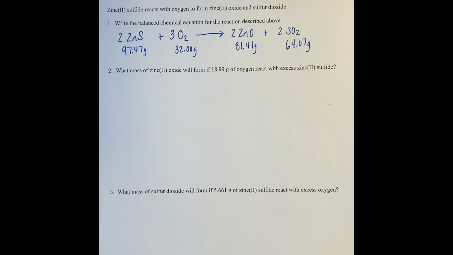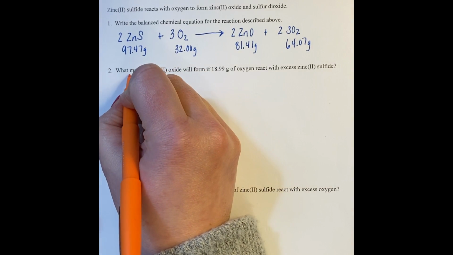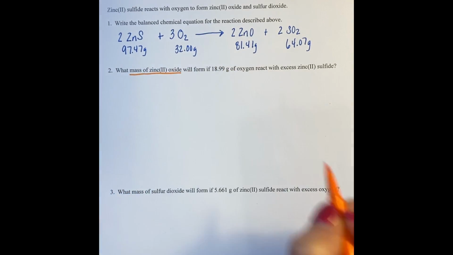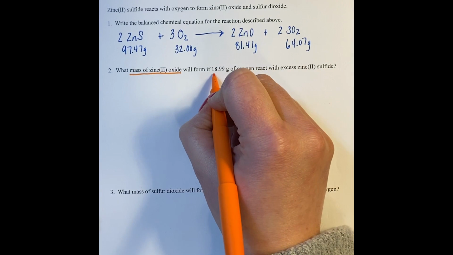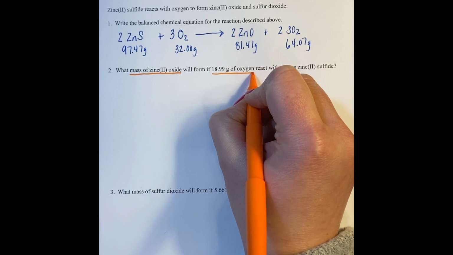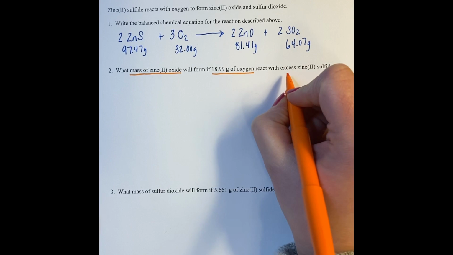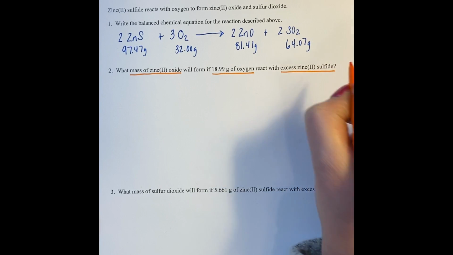Now, when I go to look at the next problem, number 2, the question says, what mass of zinc(II) oxide will form if 18.99 grams of oxygen react with excess zinc(II) sulfide? So remember, first we have to make sure we understand all of the information in the problem. We're looking to calculate a mass of zinc(II) oxide. We know that we're reacting 18.99 grams of oxygen,